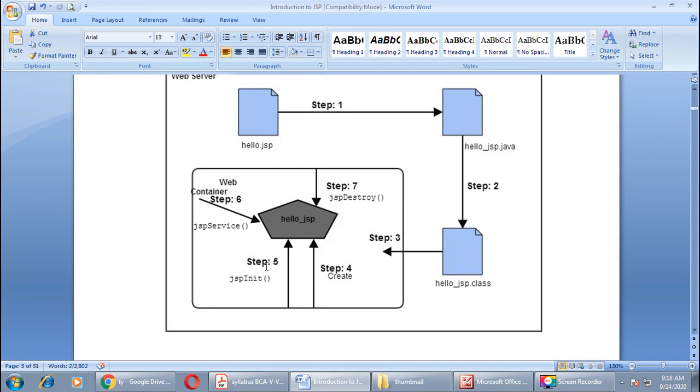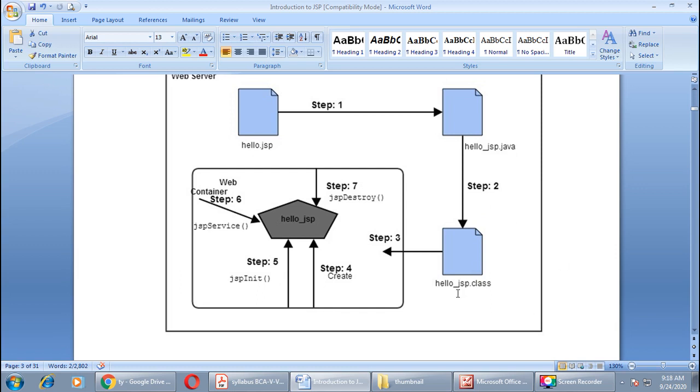Then in the fifth step, it will call the init method, jspInit. The name is a little bit changed, jspInit, and this will initialize all the parameters required for this file.